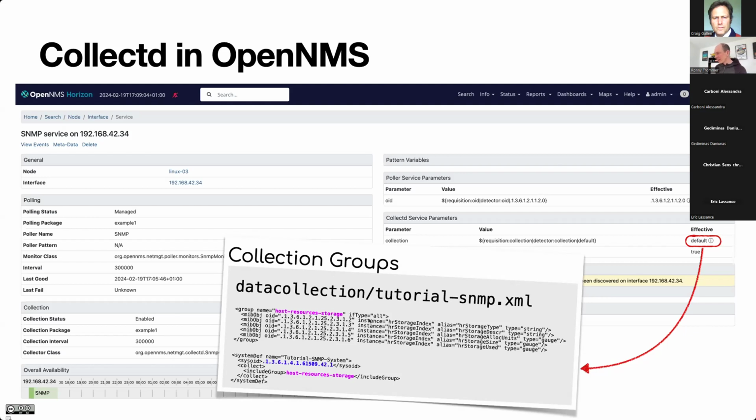So that's basically a table. For every disk, you have various attributes like the type, description, the size, how much is used. So that is what we tell OpenNMS to collect from that agent and persist as time series metrics.